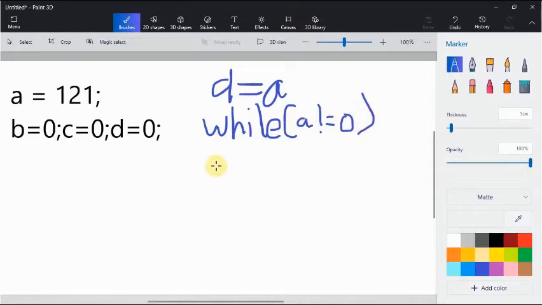What is in the while loop is we're going to say let C be equal to A percentage 10. Hope everyone knows what a percentage sign is. A percentage 10 is like getting the remainder of the division of A by 10.